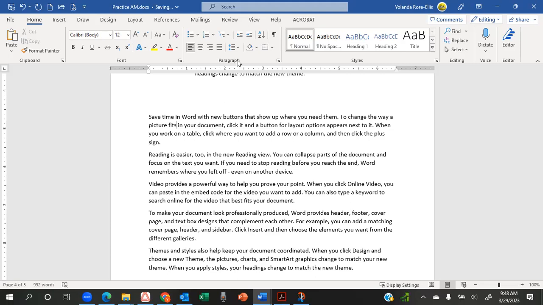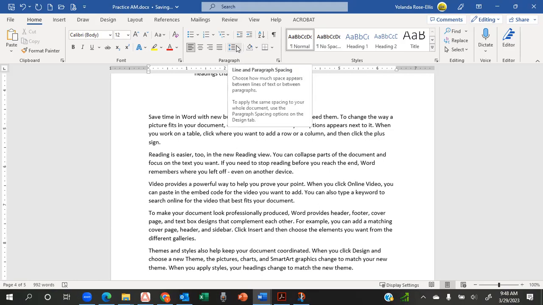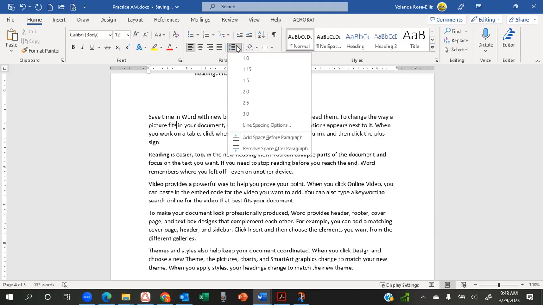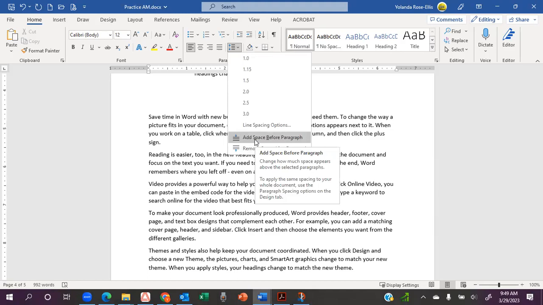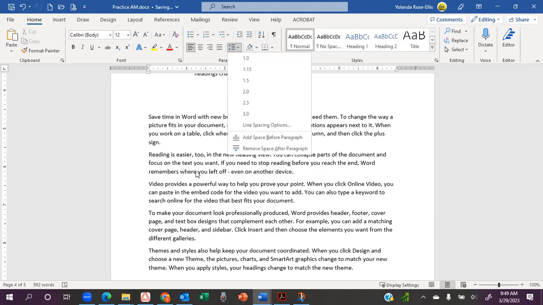You got it, Anna? Just put your mouse pointer on each one at a time and wait for the name. So line and paragraph spacing, you click on it. We're gonna do the paragraph spacing first, right? So the paragraph spacing is at the bottom where it says add space before paragraph, and mine says remove space after paragraph. The reason why I say add space before paragraph is, remember that